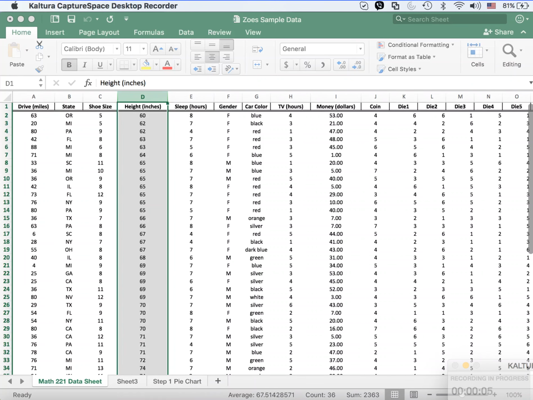Okay, we're back, and right now I'm working on step 2 of the lab, which asks you first to create a frequency table, and it actually tells you to do it by hand. You can do this by hand, but you can also do it in Excel. And the second step is to create a histogram from this frequency table. So in this video, I'm just going to create the frequency table, and I'm going to create a different